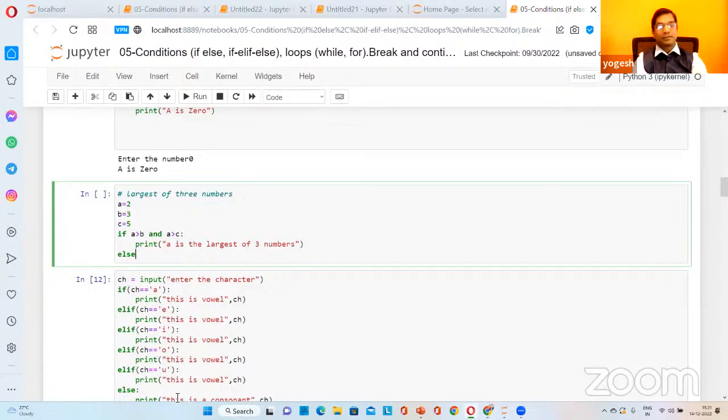Now, instead of else, I will go with elif. Why will I go with elif? Because I have two more conditions to be checked. In the first one, I took A and compared it with B and C. This time, I am going to pick B and compare it with C and A. So elif,